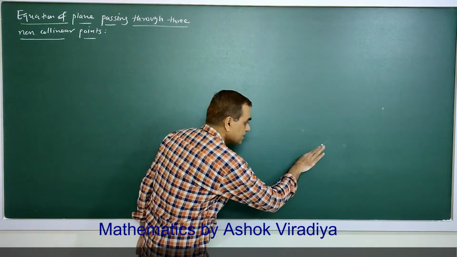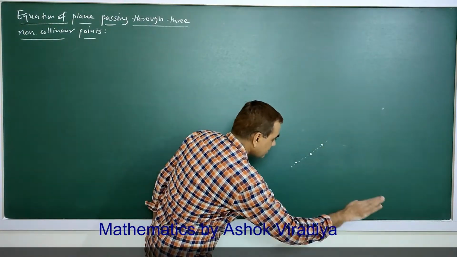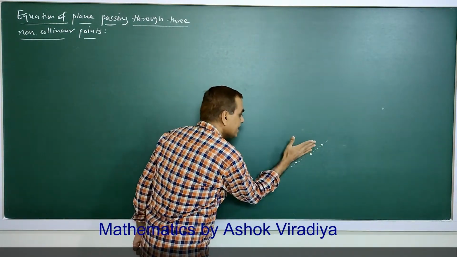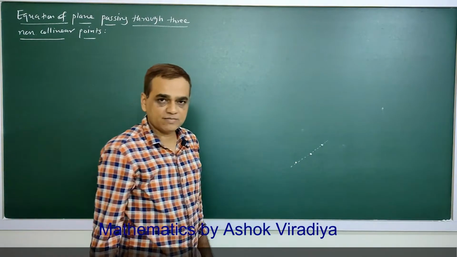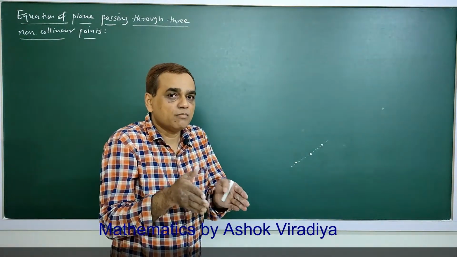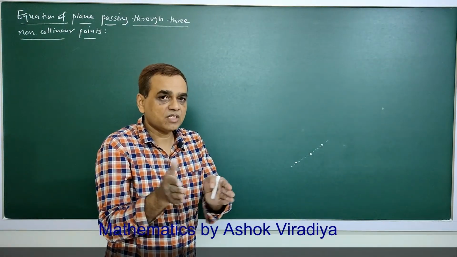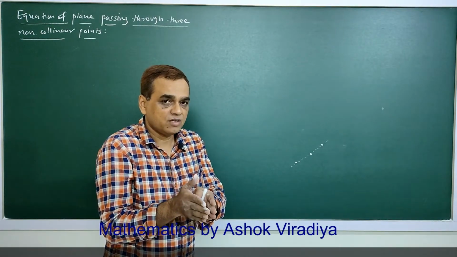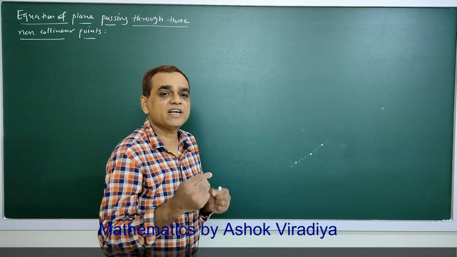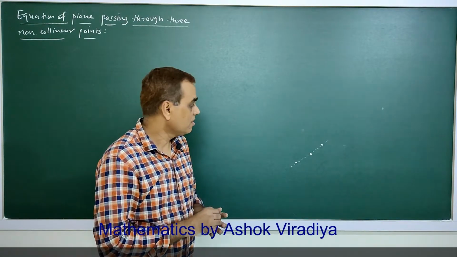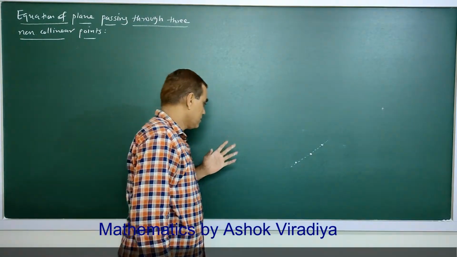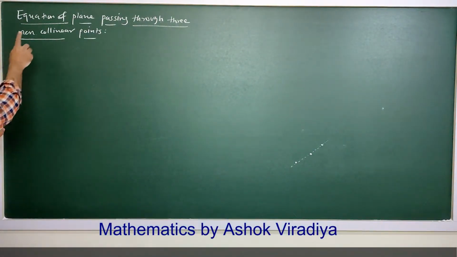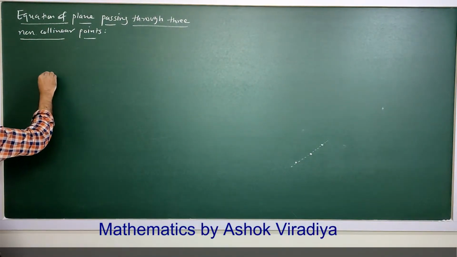You can also imagine a plane like this. See, all these planes are containing these 3 points, like pages of a book. All the pages of a book are passing through a line where it is bound. So here, to obtain the vector and Cartesian equation of a plane, let me take this plane.